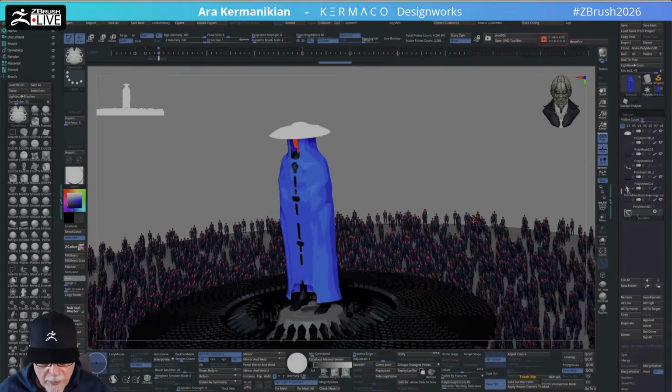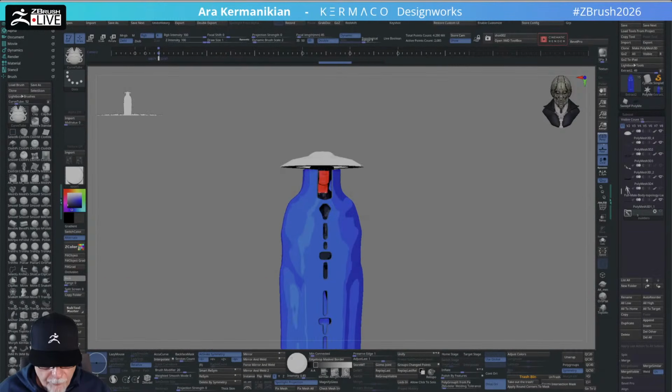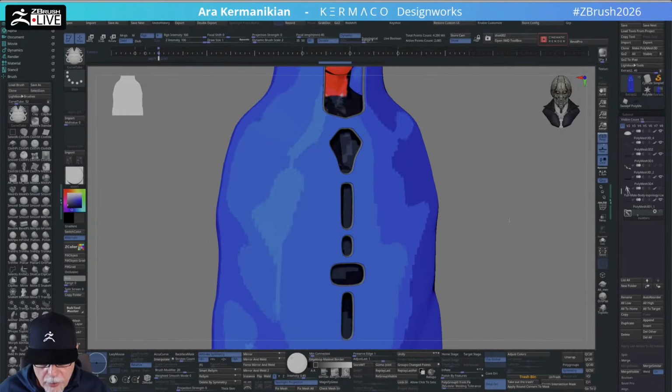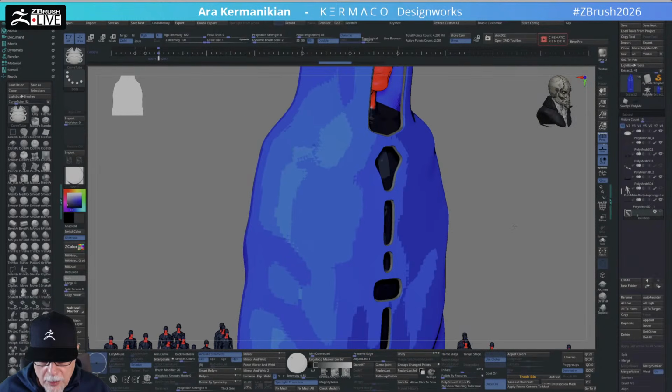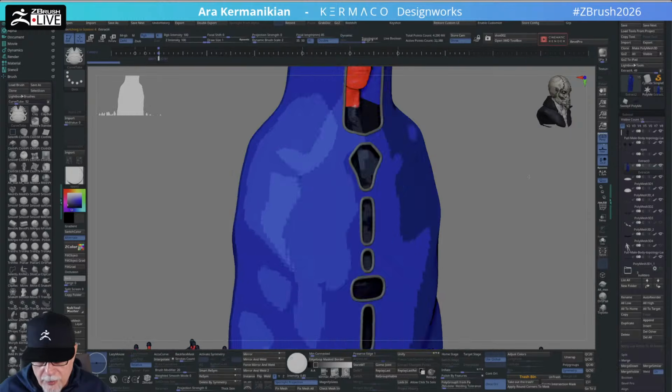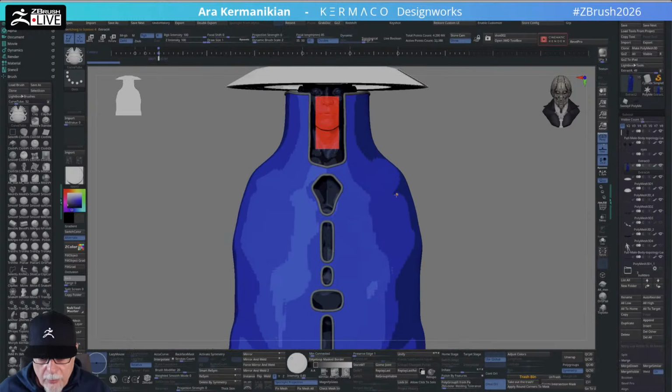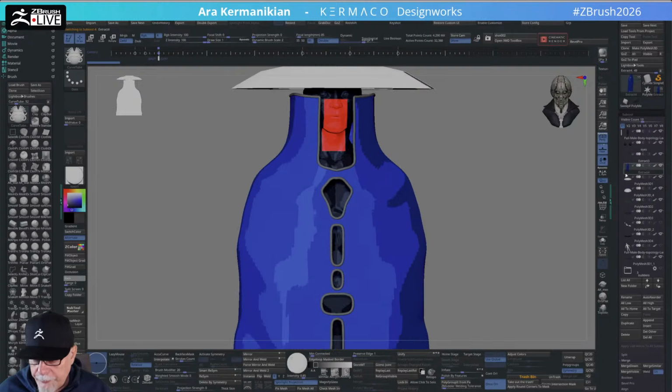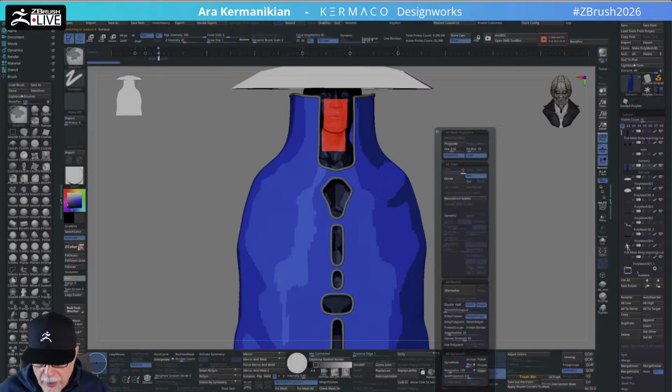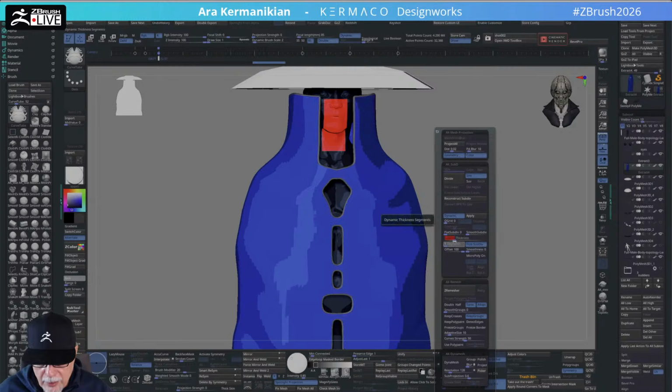Okay, so now we have something a little bit more interesting. And I'm going to make these curves that I created. So the curves are kind of on the inside here because this cloak actually is the one that's selected, which shouldn't be. This is the one that should be. Okay, so now it's more the way I want it. But with this cloak here, I'm going to go ahead and turn dynamic on. Not add smoothing, but add some thickness to it. And here I can actually see it as I add it so that it creates